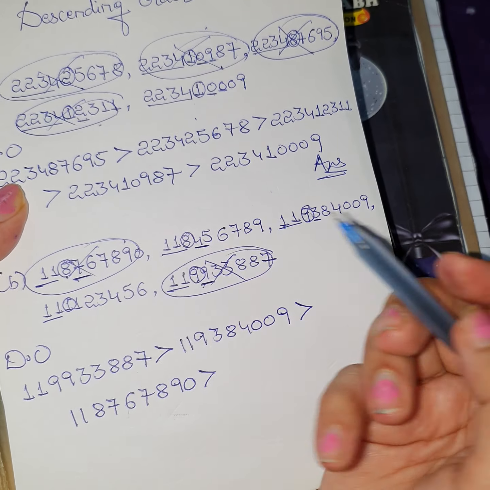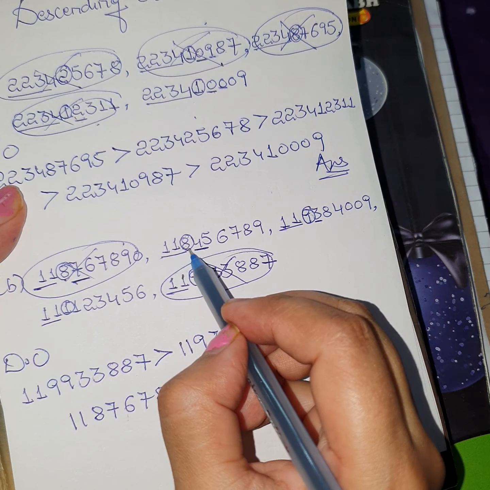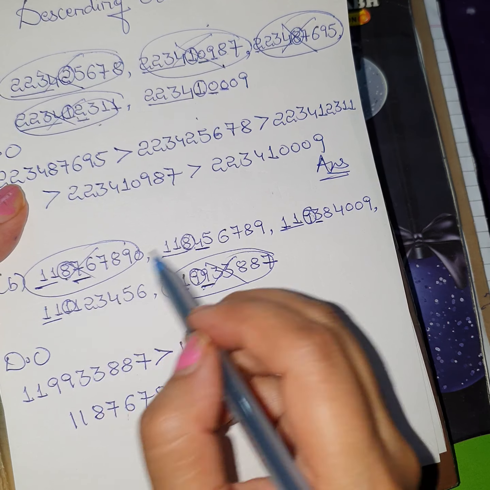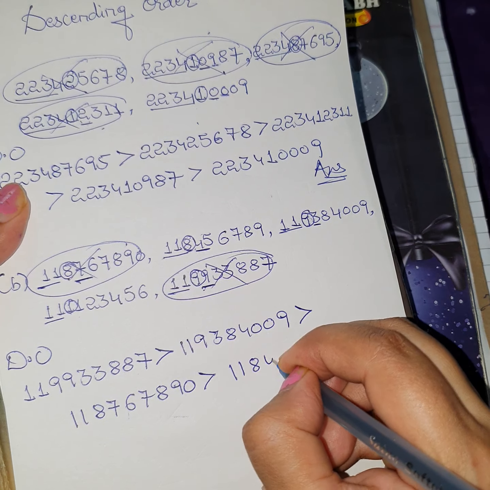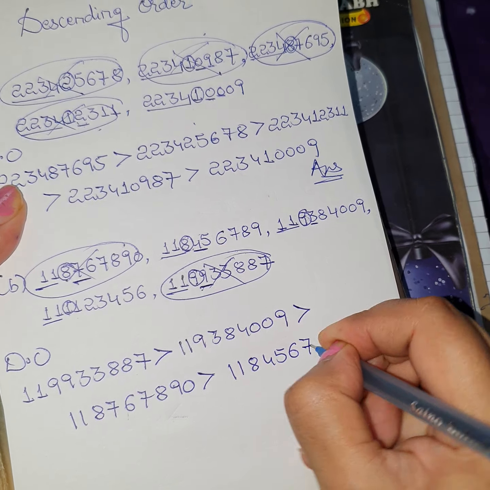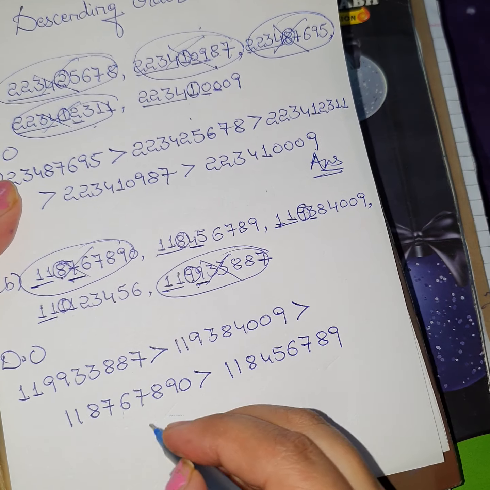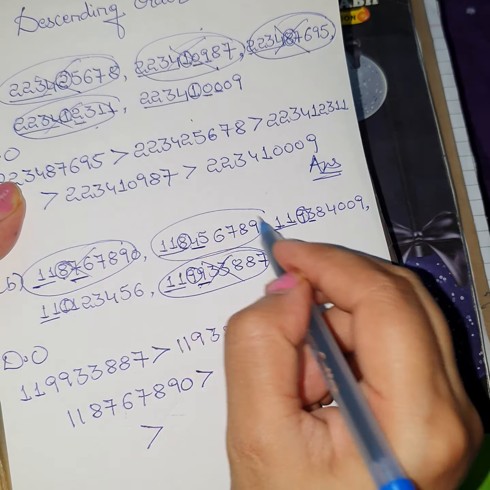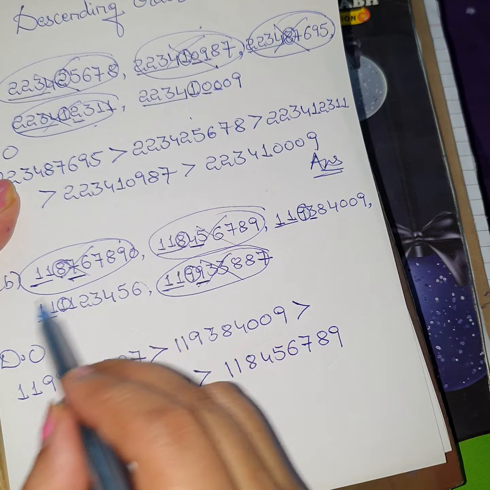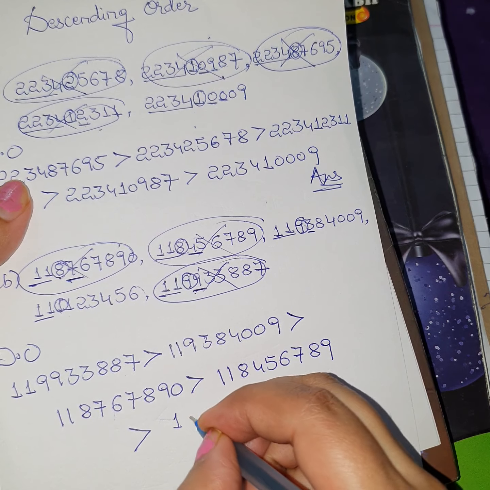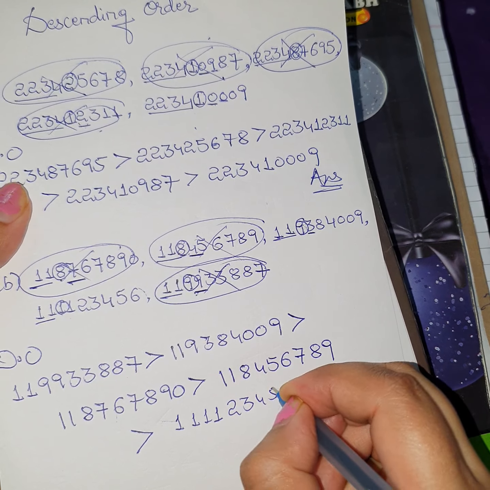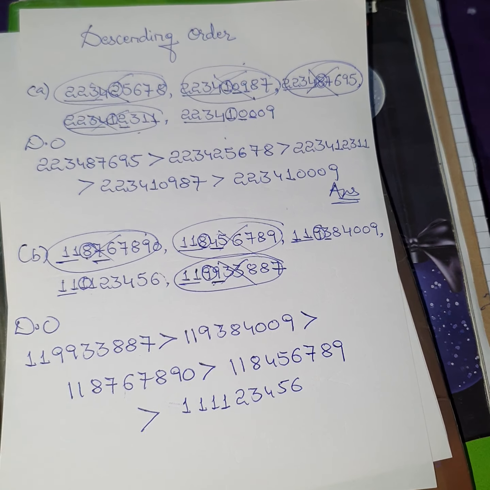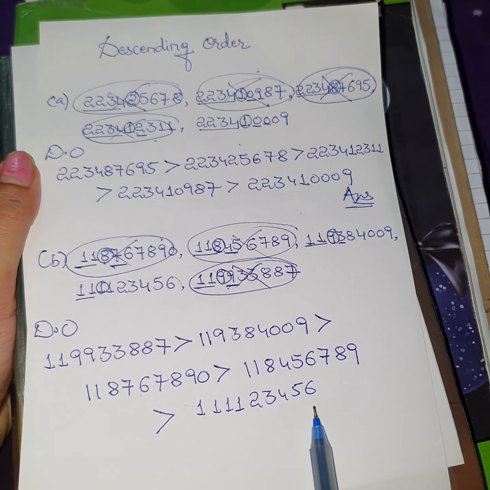Now it's very easy, because here the third digit is 8 and here the third digit is 1. So from 8 and 1, 8 is greatest. So 1,1,8,4,5,6,7,8,9 will be your next number. And then finally at the last, this is also out of the series. So finally at the last, this one is remaining. So 4 times 1, then 2, 3, 4, 5, 6 will be your last number, that is the smallest one.